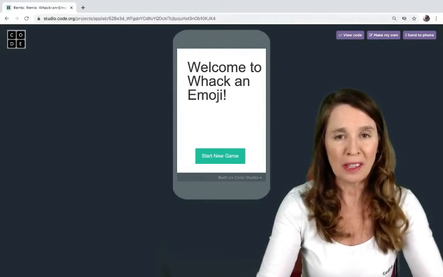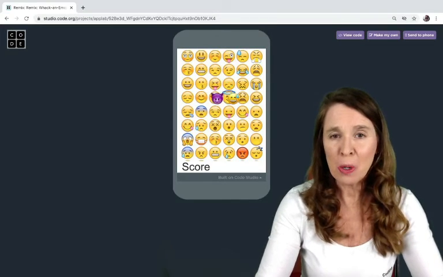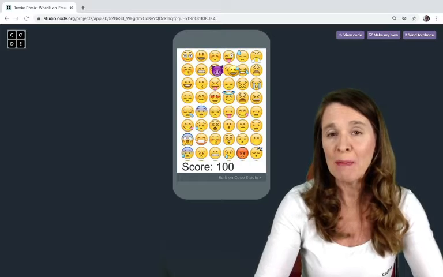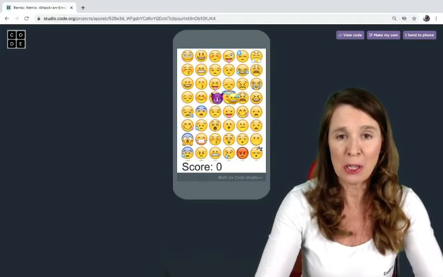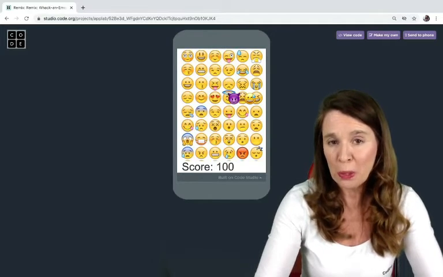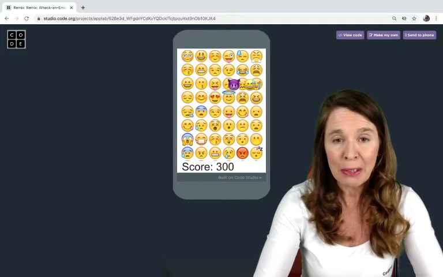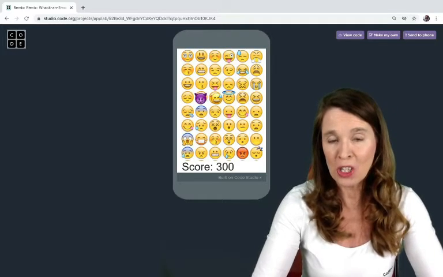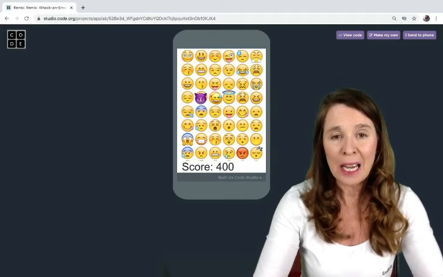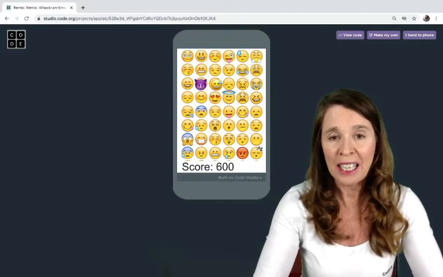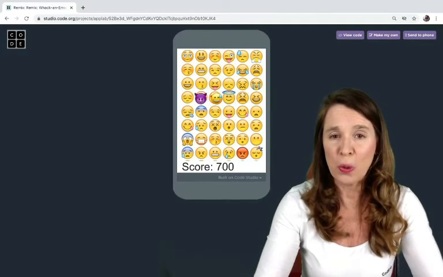So let's take a look at what the final project should look like. When we click Run, the emojis start to move quickly across the screen, and we need to click on them as fast as possible. When we do, we win 100 points, but if we click the background by accident, we lose 100 points. The game runs for 20 seconds, and at the end, the final score is shown on the